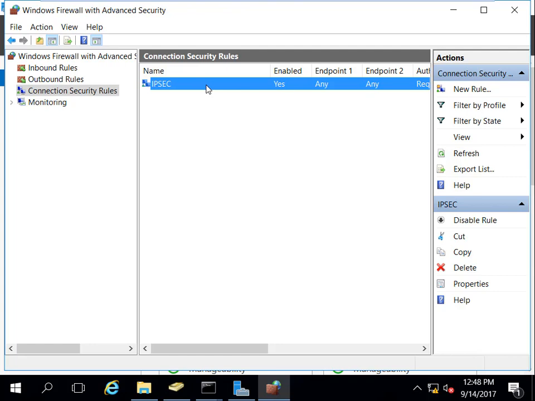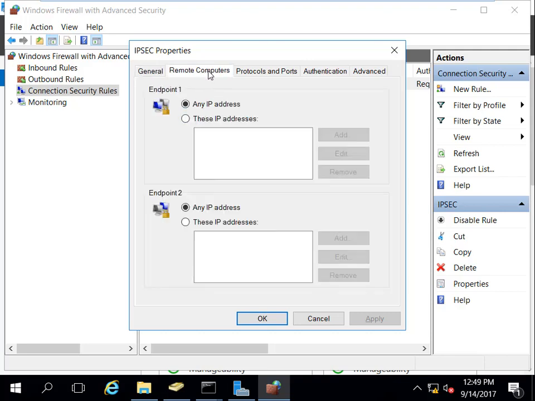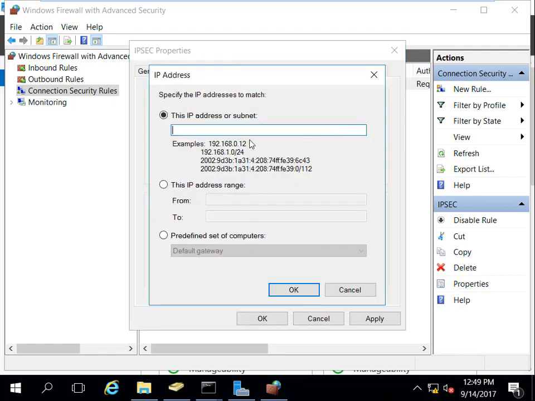So what is going to happen here, and you can view the rules themselves. So here, remote computers, I can select these IPs or whatever, endpoint 1 or endpoint 2. I can specify them as I want. You can go over there and say this is the endpoint 1. You can select a bunch of IP. I can add particular IP that I want or range of IP address. I can come over here and say